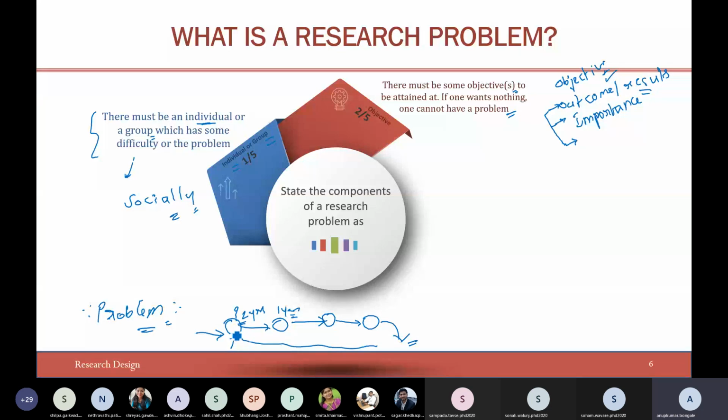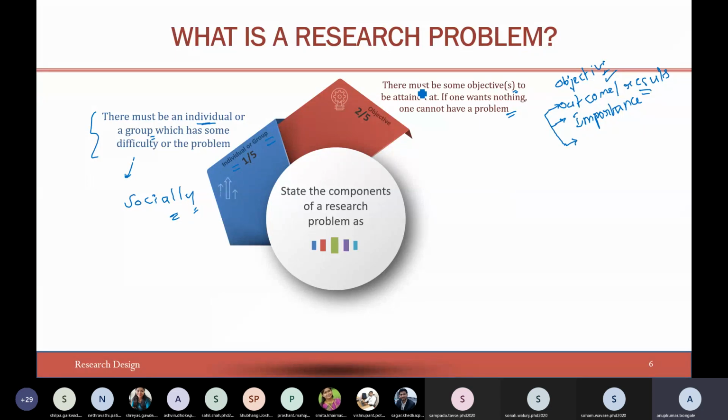Ultimately, how do you know the objective has been fulfilled? You should publish a paper out of one objective, another objective, and so on. These are the visible results. When somebody asks you what is the visible output, what is the visible outcome of the research, it is not the results which you have got, but rather the publications that you make out of your research work.